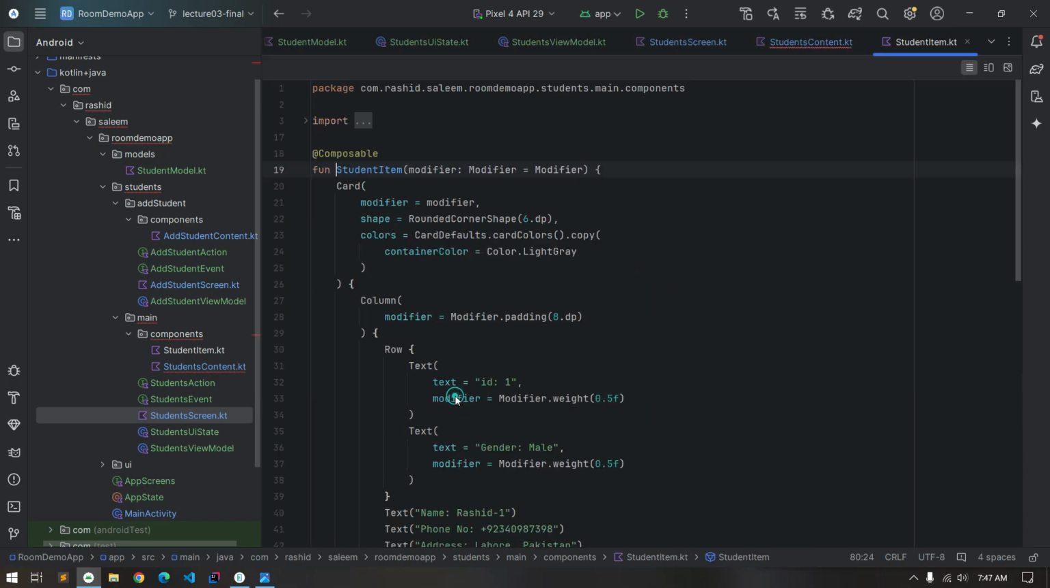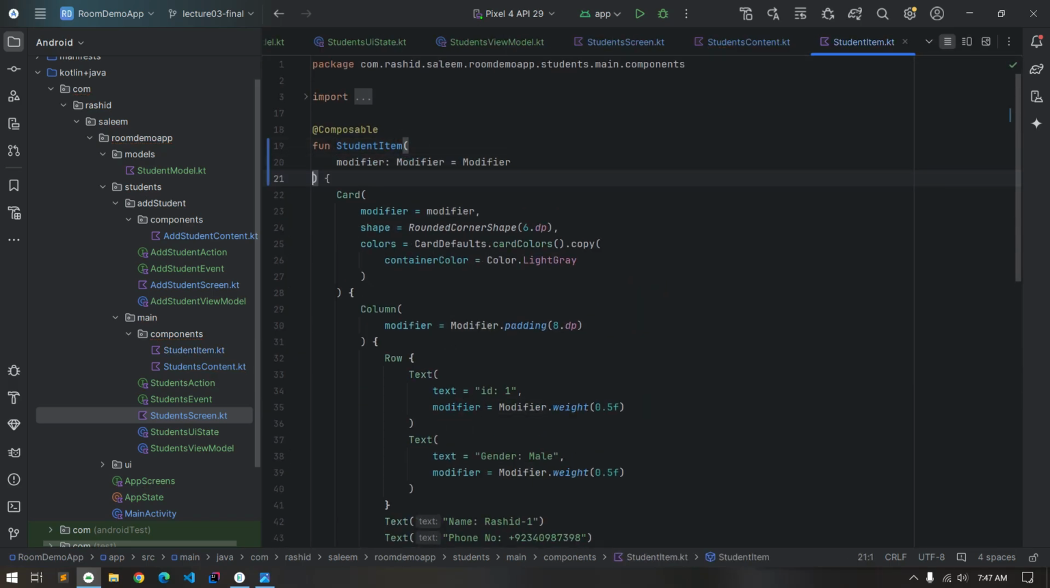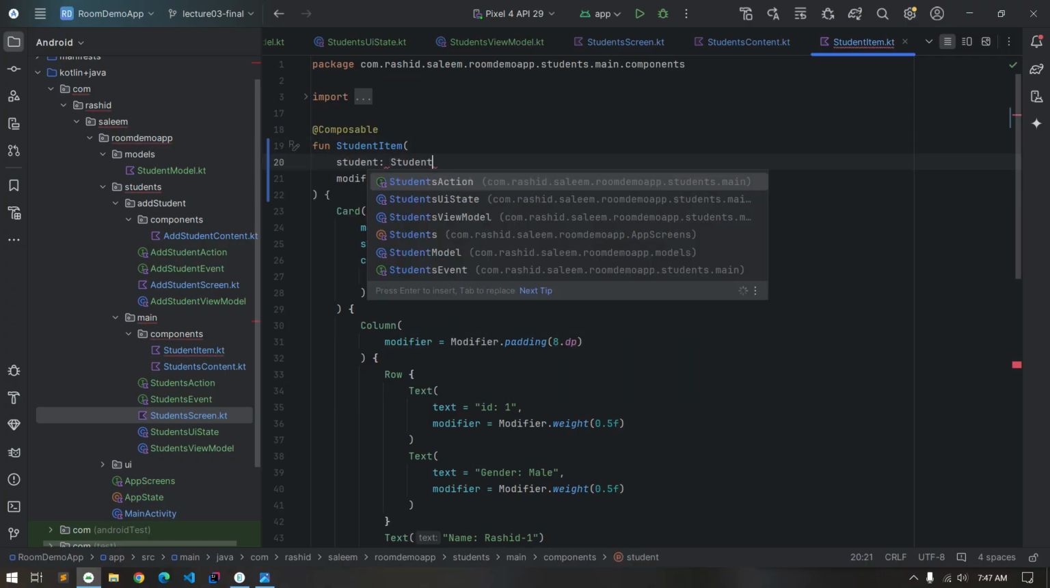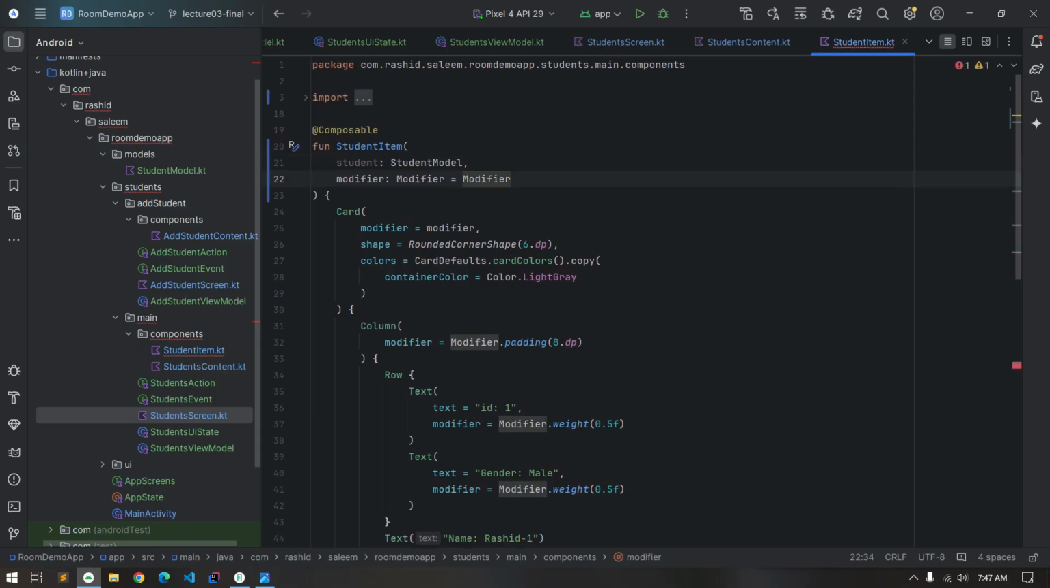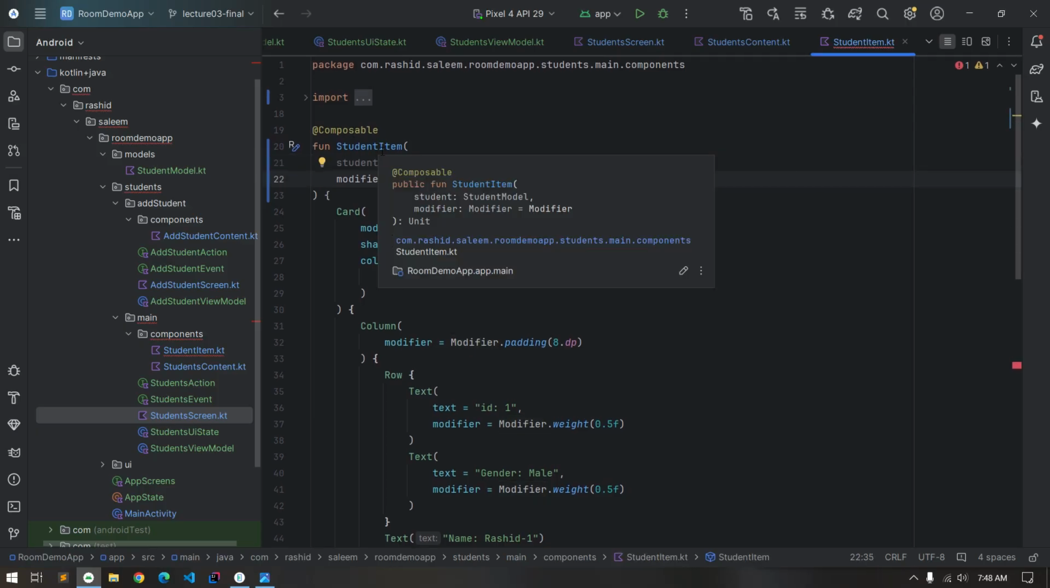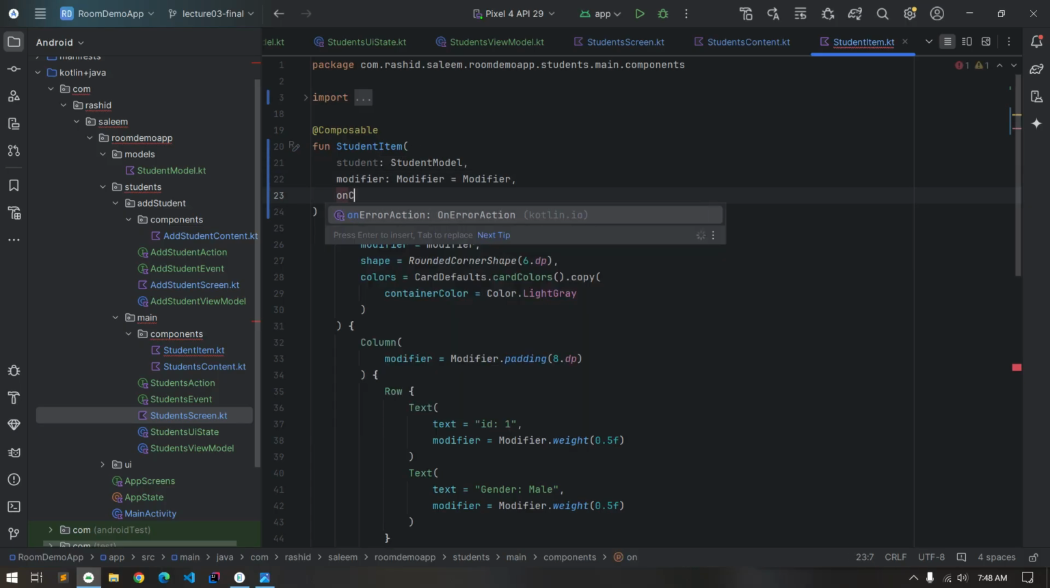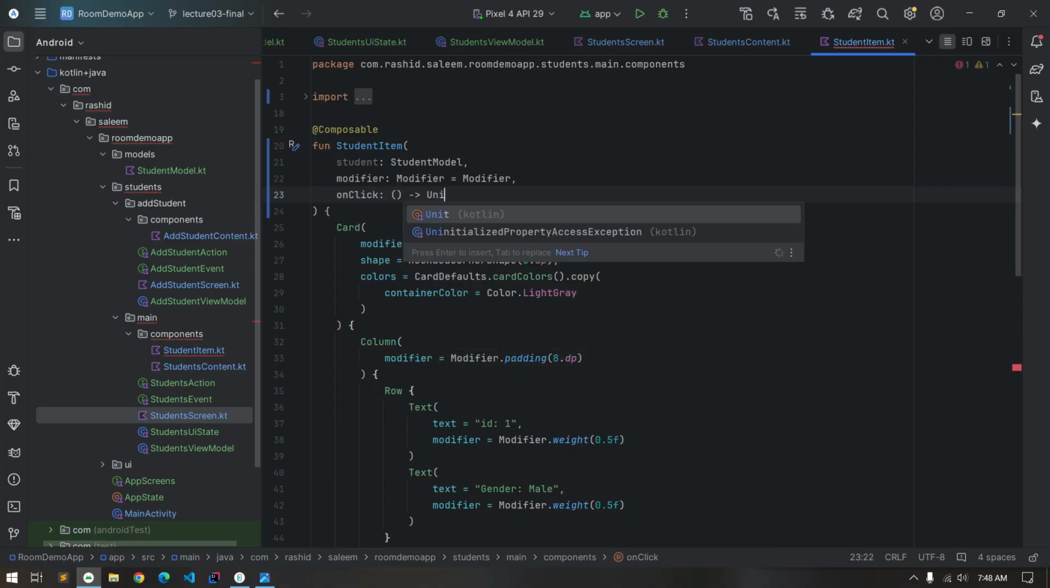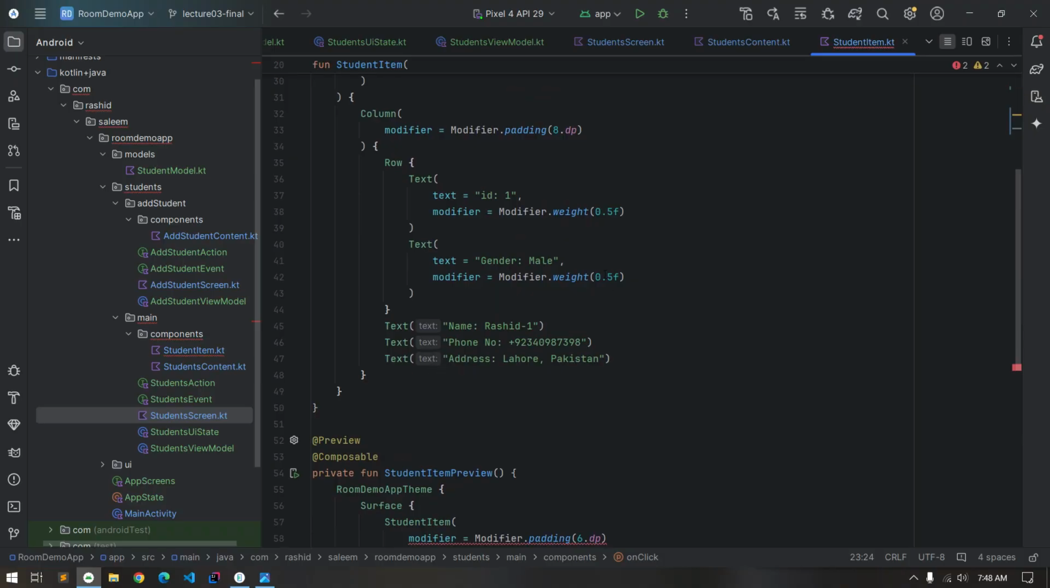So we will pass the item here. For that, we will define these parameters here. Then we will access it. So student, student model, and also when the user clicks on this item, then we also need to send that event back. So for that, we will define the lambda function here with empty parameters. Okay, so now we will present the student detail in these items. Student.id, student.gender, student.name, phone number,